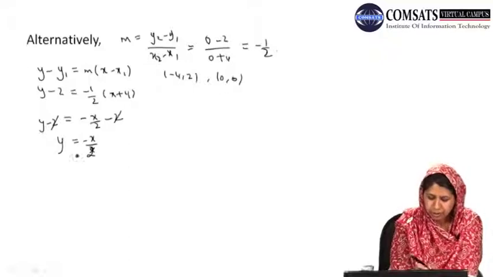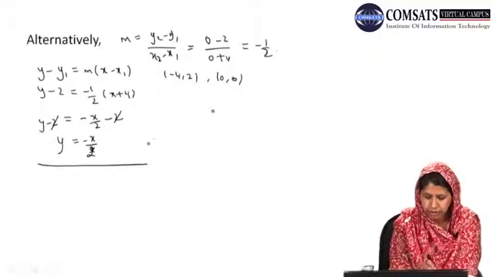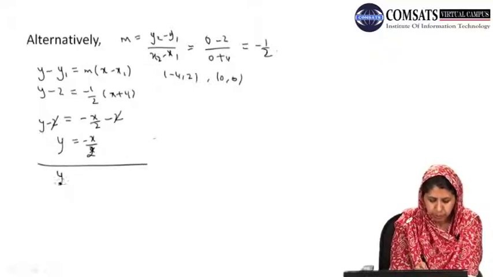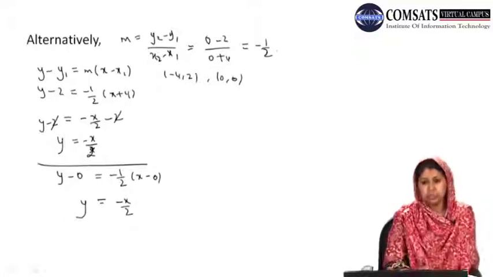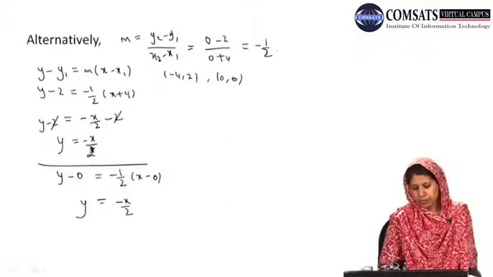Okay, if we pick the second point, that is (0, 0), what do we get? y minus 0 is equal to minus 1 by 2 times (x minus 0). Simplifying, y is equal to minus x by 2. So we have